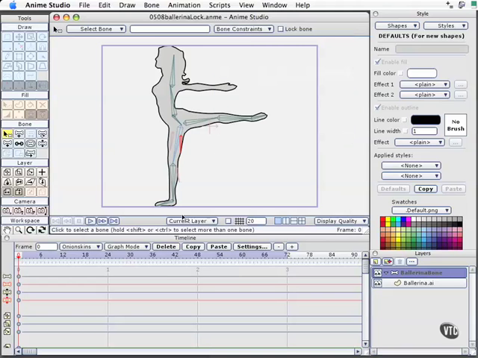Well, this is a super easy one. Won't take much time, but I'll show you how to apply that. I'm going to select the foot bone. We'll come up here to Constraints, not open the window, but we'll simply select Lock Bone. What this does is Anime will try very hard to go ahead and keep this bone right where it is